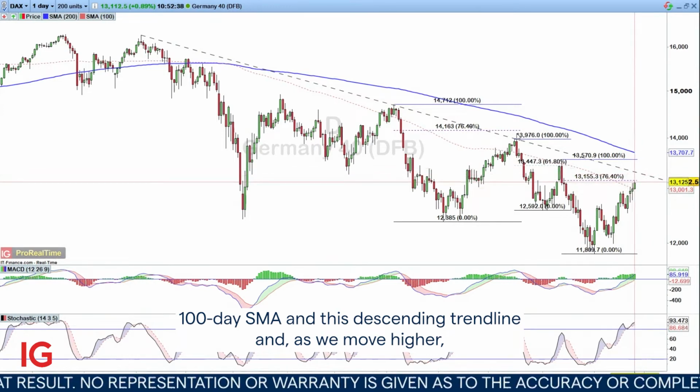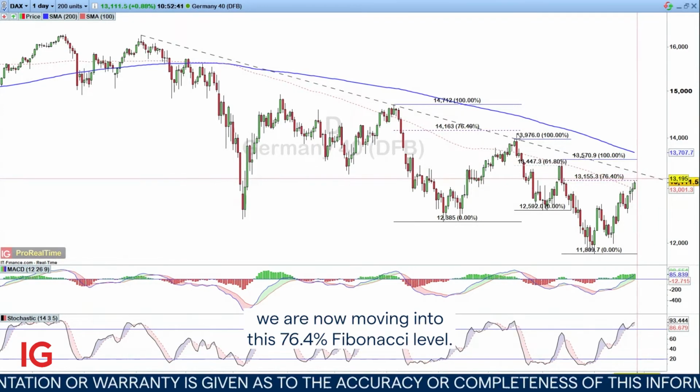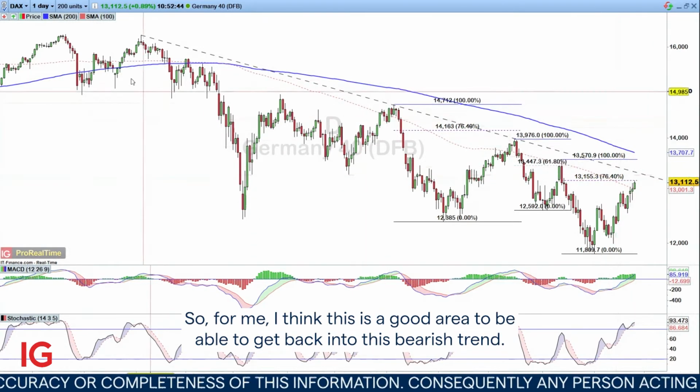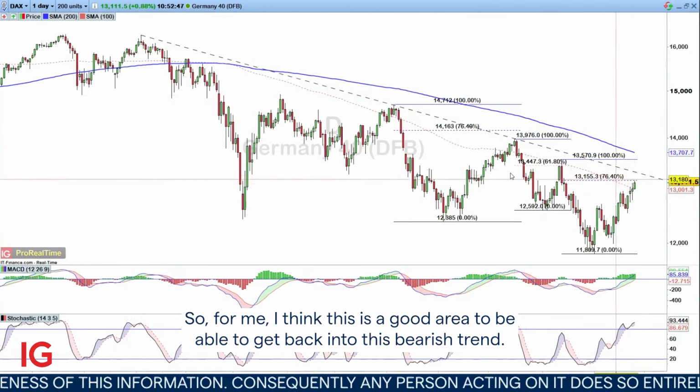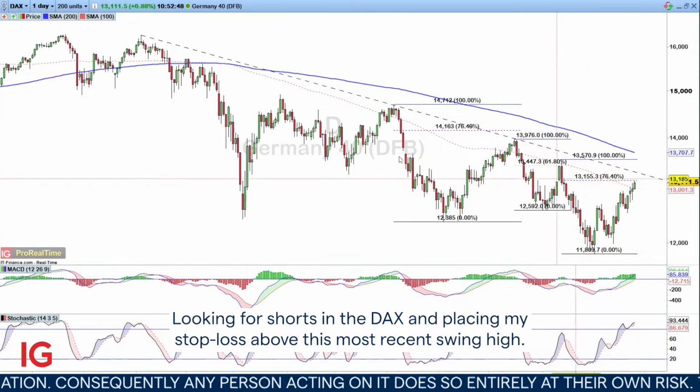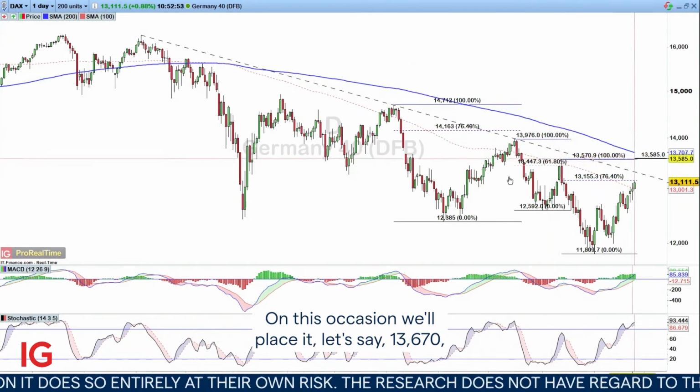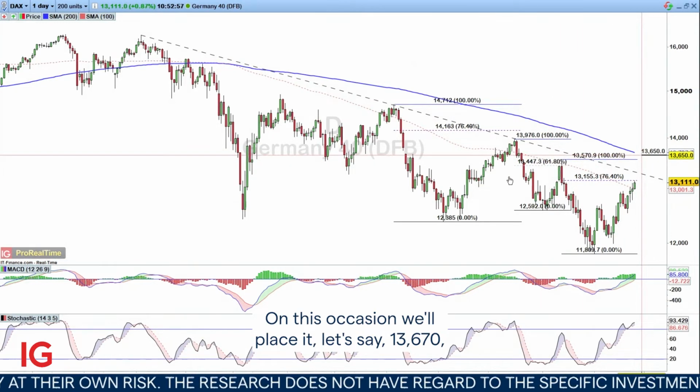And as we move higher, we are now moving into this 76.4 Fibonacci level. So for me, I think this is a good area to be able to get back into this bearish trend, looking for shorts in the DAX and placing my stop loss above this most recent swing high. On this occasion, we'll place it, let's say,